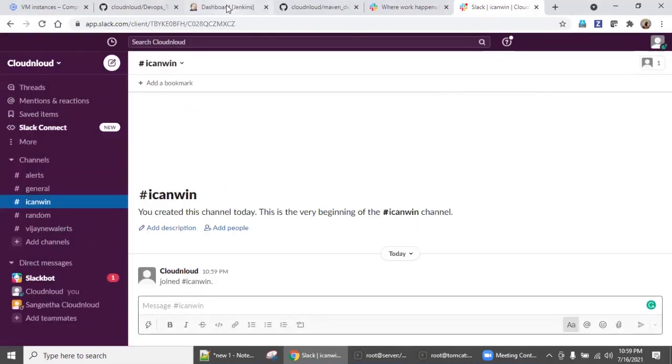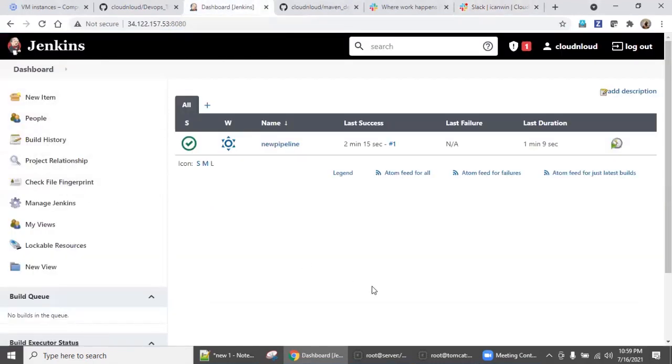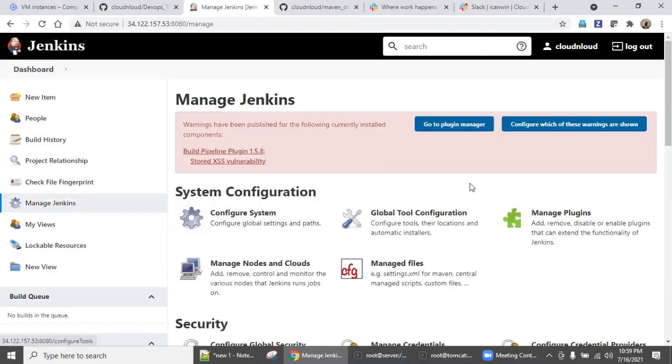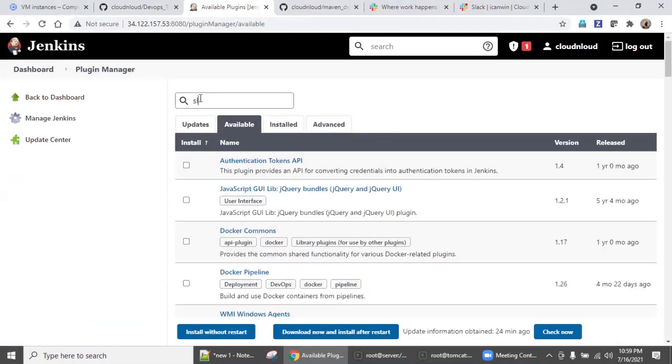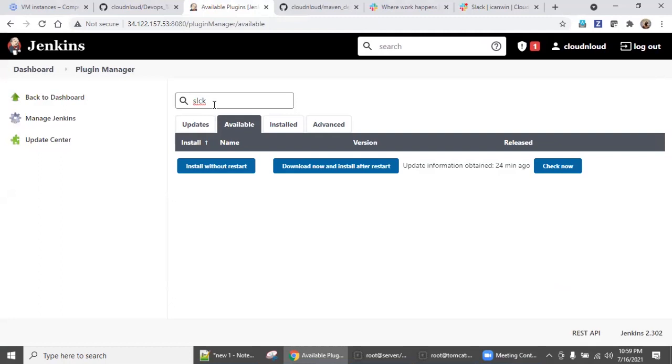So let's do some settings in Jenkins. Right now, Jenkins wants to speak to Slack, but Jenkins doesn't know how to speak. So we need to install some drivers, which in Jenkins terminology we call plugins. Go to Available, search for Slack, enter.